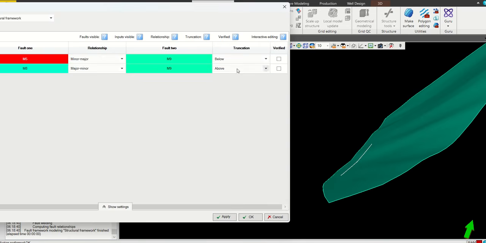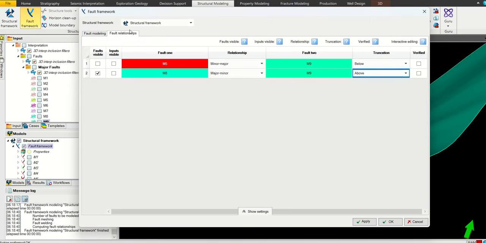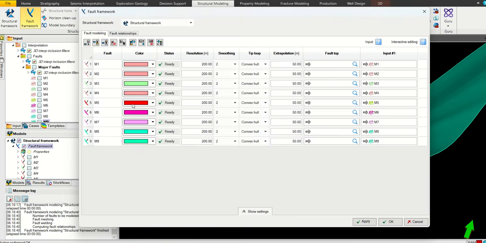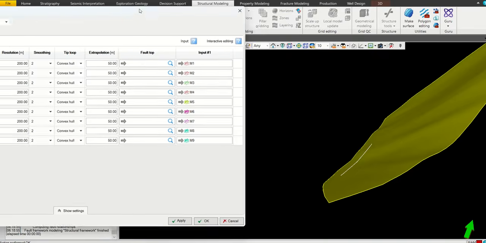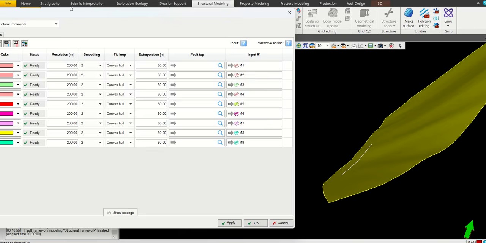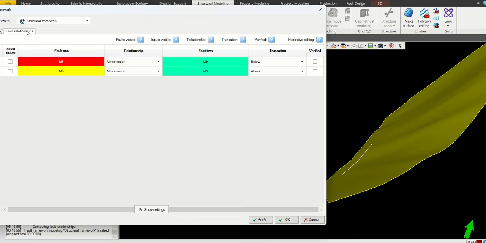Here it is. Okay. In the second connection between M8 and M9, I would like to change the color of the M8, maybe yellow. Apply. Okay, that's great. The fault framework of Petrel considers M8 as a major fault and M9 as a minor